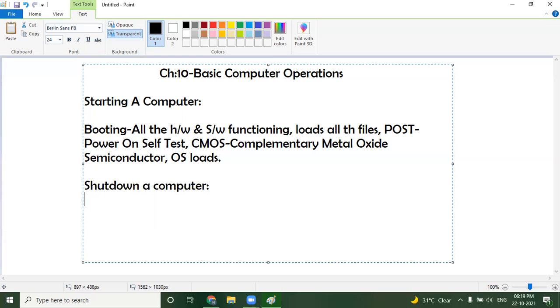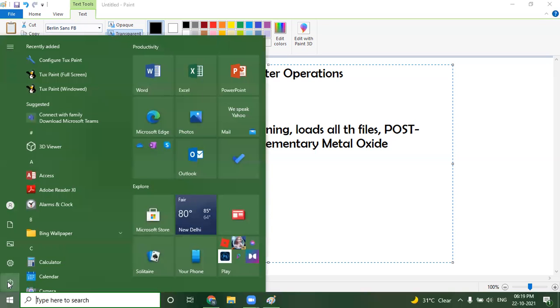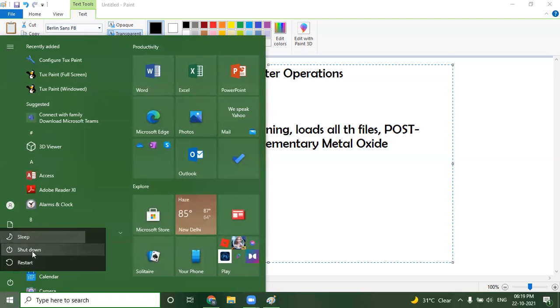That's why it's always very important to properly shut down the computer. The steps we need to follow: if you haven't saved any program, for suppose I want to shut down the computer now. Once I click on shutdown, it will ask me to close